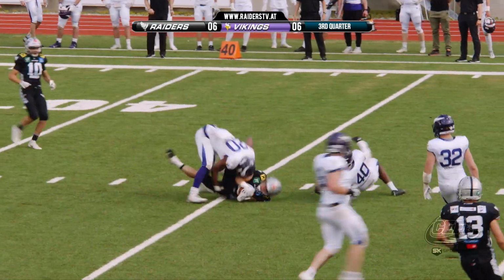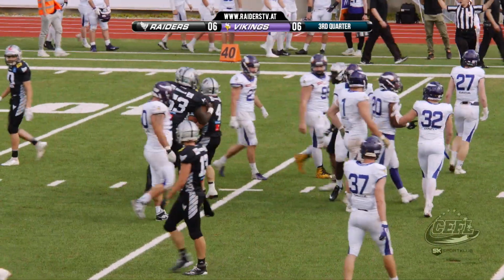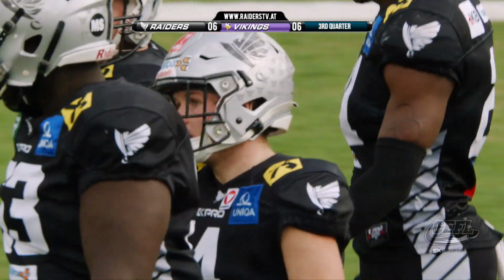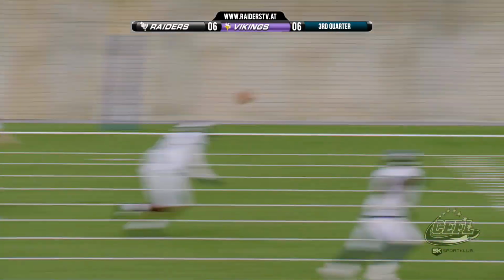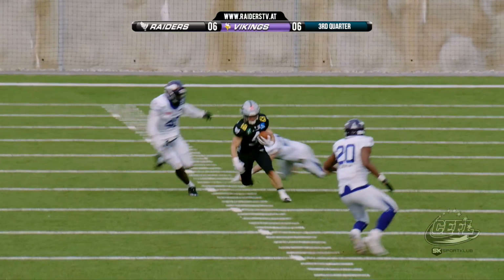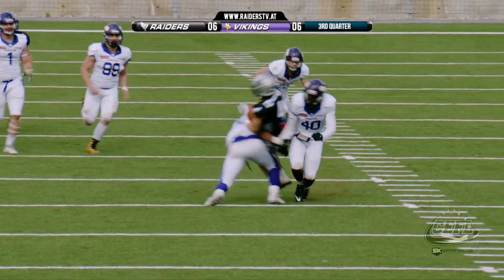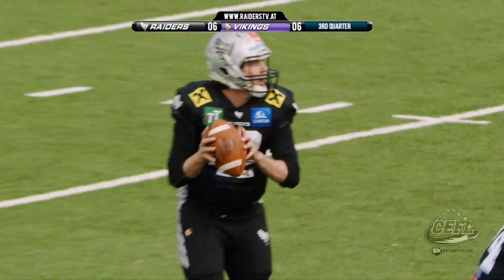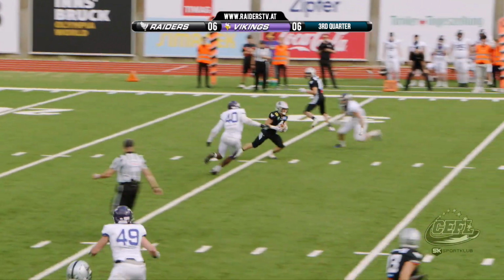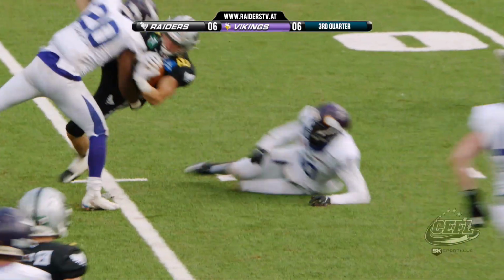Trying to make a guy miss. But that is a nice pitch and catch for almost 20 yards. The simple things work as well if you trust your playmakers. This was all Marcus Schneider from this moment on, with his burst and also arguably a good tackle by number 20. So I think Marco thought about hurdling this guy. The size disadvantage would have been a tricky one to hurdle there. I mean, I like the confidence, but